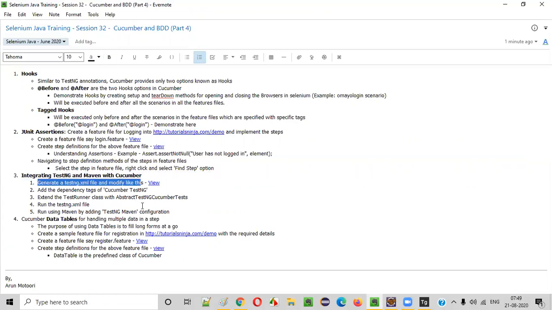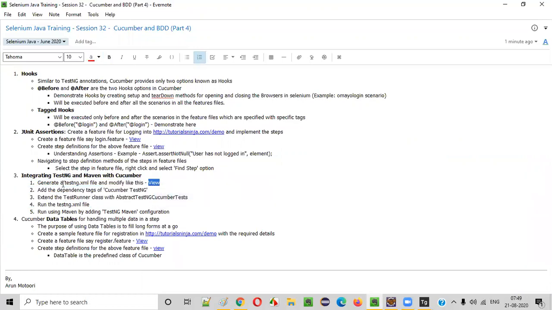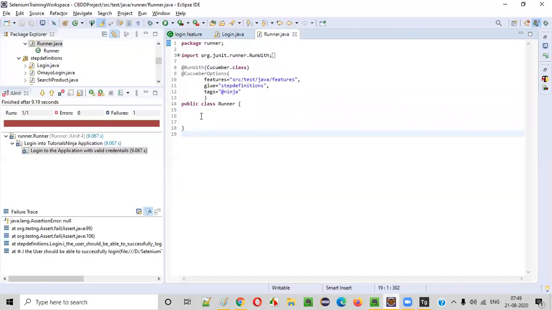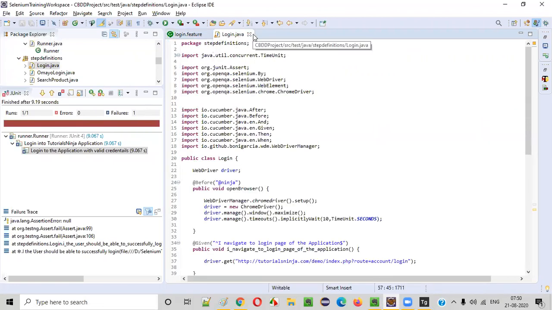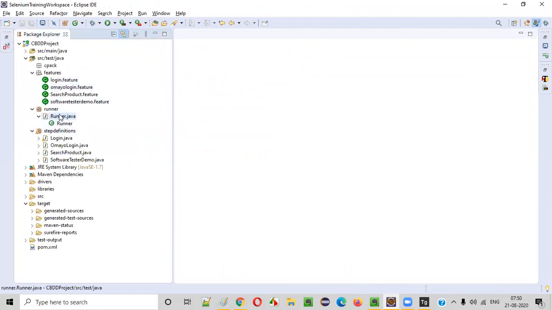So for running with TestNG, let me explain what to do. We'll first create a testng.xml file, or we can create another runner class. We'll create a runner class. So we'll close everything. We already have this runner class, which is a JUnit runner class.